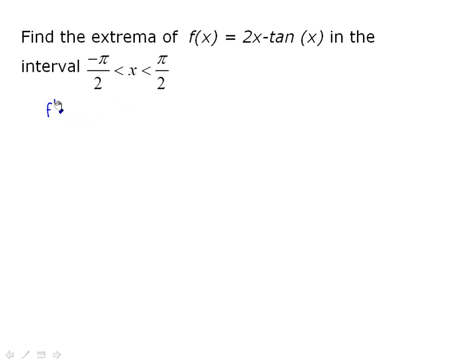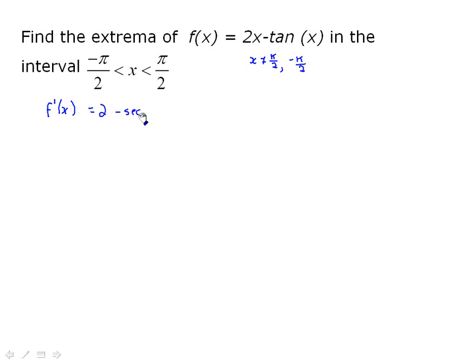But I'm going to go right to f prime of x, and we should be aware here that it's not going to affect our answer, but x cannot be equal to pi over 2 or negative pi over 2. Now that's not within the domain, so we don't have to be too worked up about it. But tan does have an asymptote, so you should always check to see if that's within the given domain, but we're covered. So it's clear sailing. And f prime of x would be equal to